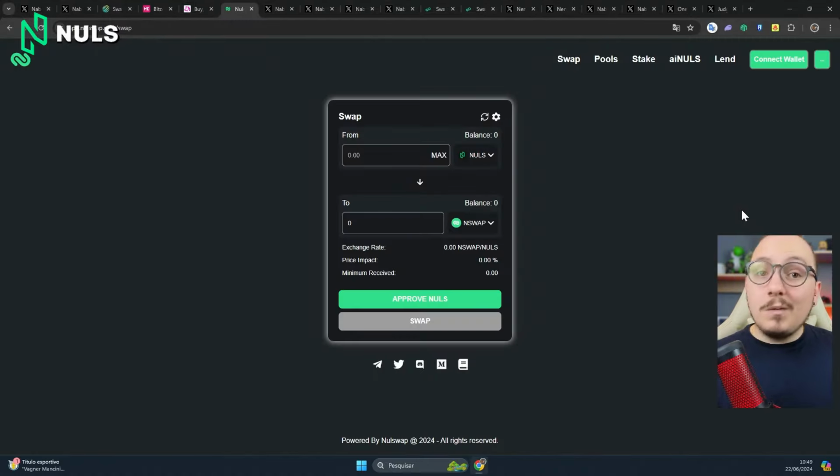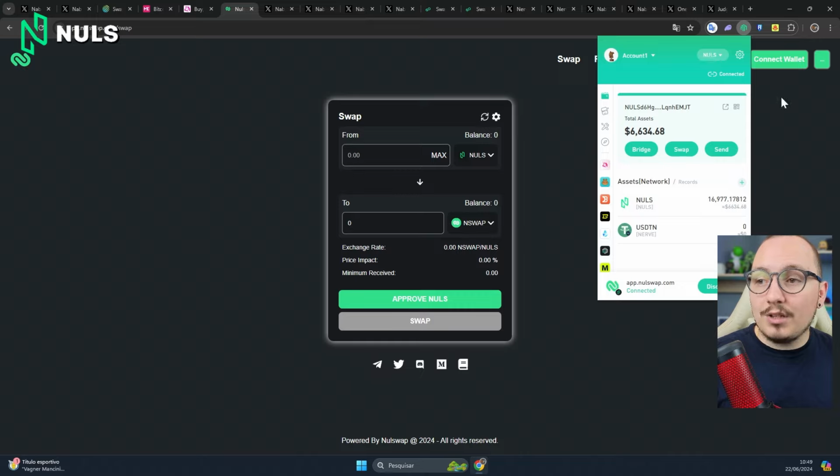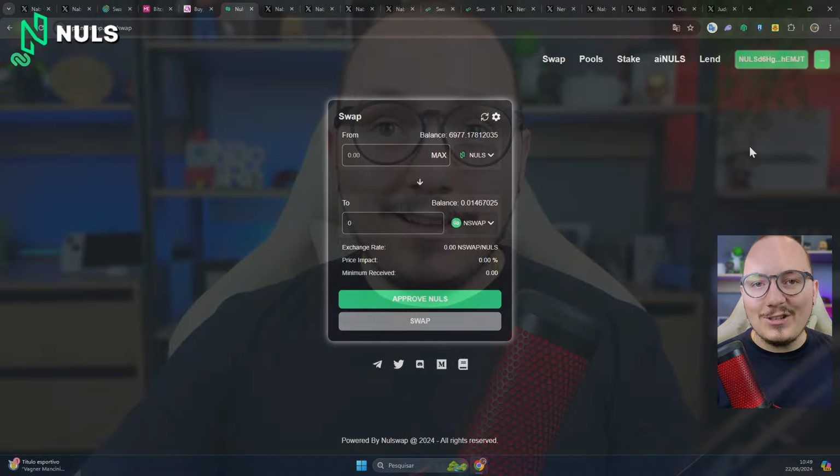Of course, Nabox also connects to the NULS ecosystem, which is its main partner. By clicking here in the wallet, you select the NULS blockchain, and by clicking on Connect Wallet, you will be ready to use the decentralized applications of this network. So there are 4 very different standards that are already compatible with the Nabox wallet, bringing and aggregating various ecosystems